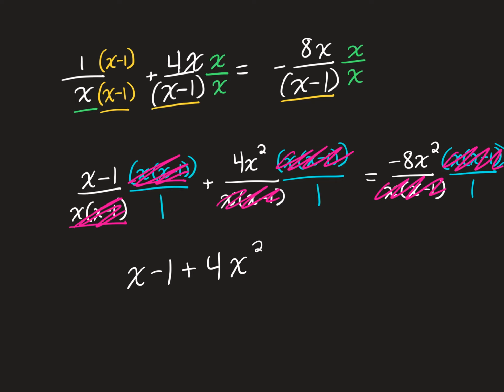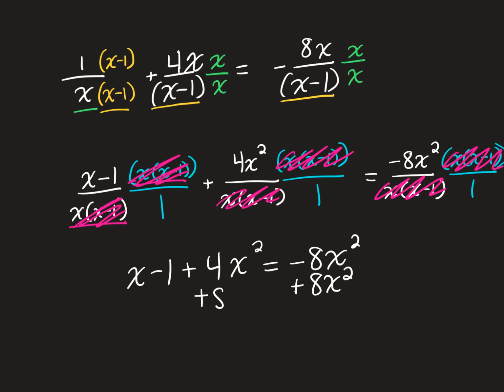So if I write everything else here that we have left, we've got a quadratic expression. I should be able to solve this using my different quadratic techniques. So if you know you're resulting in a quadratic and you have to solve that equation, you've got to get everything on one side. We need one side of this equation to be 0 in order to use quadratic methods to solve. So the first thing I'm going to do here is add 8x squared to